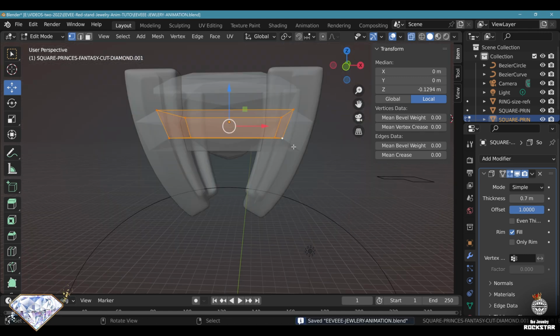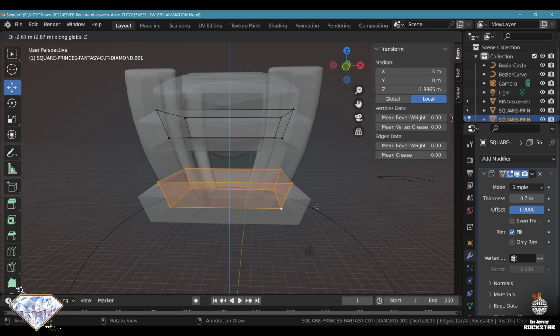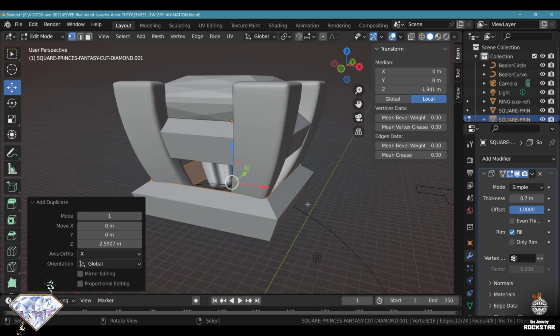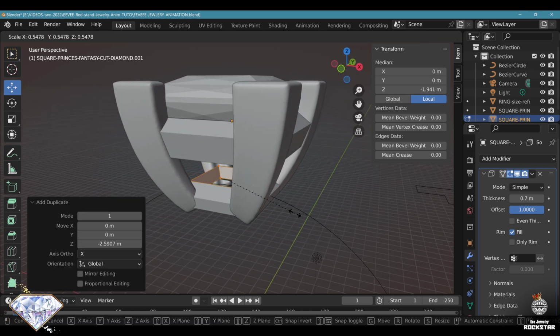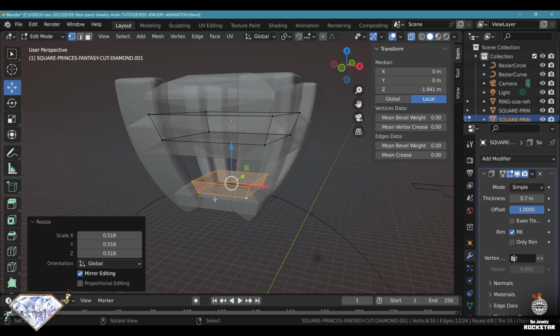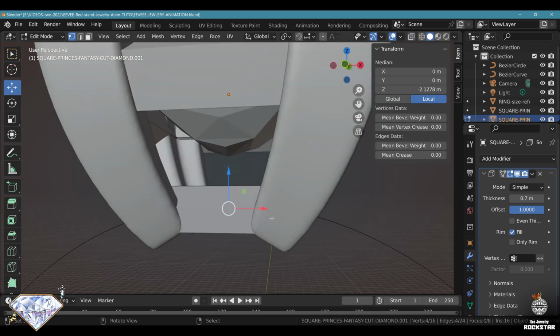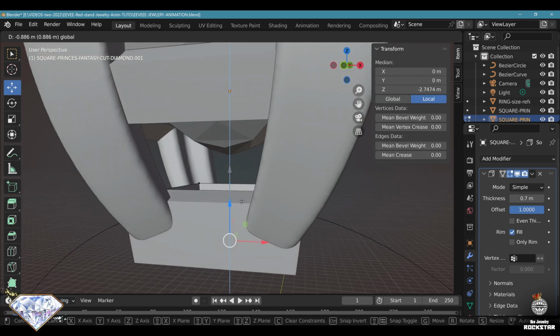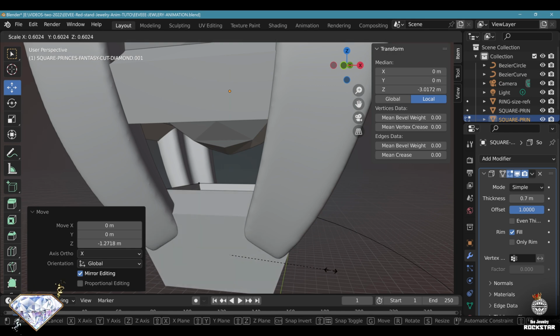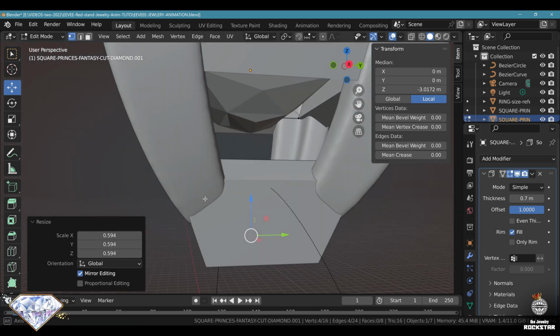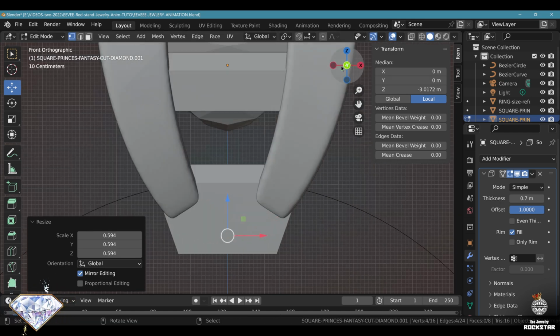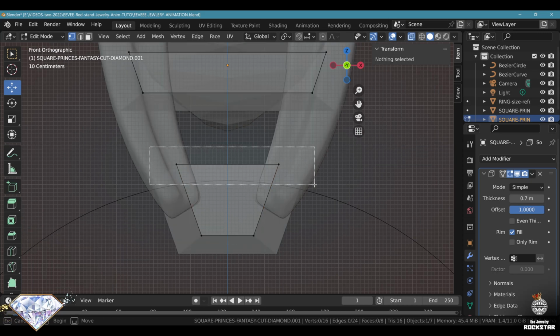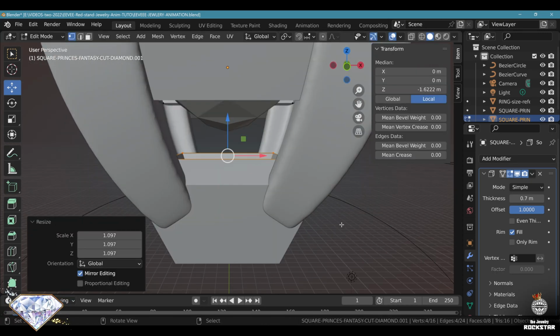Alt Z, A, select everything, Shift D, Z. Don't forget to create the lower belt. Scale it like this so it stays inside of the prongs. Alt A, B, select the lower vertices, bring them lower here and make them smaller to stay between the prongs like this. Go to front view, Alt Z, Alt A, B, select the top vertices again, adapt and tweak,